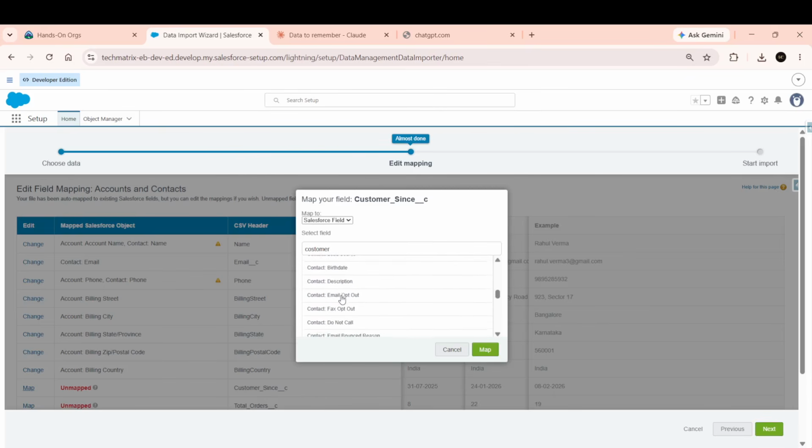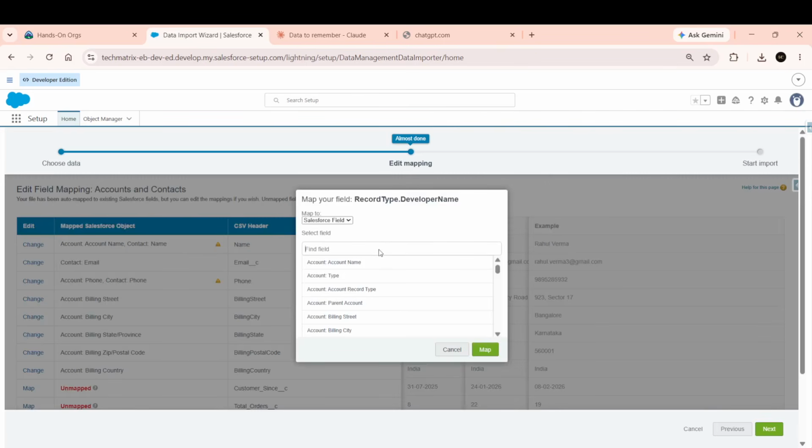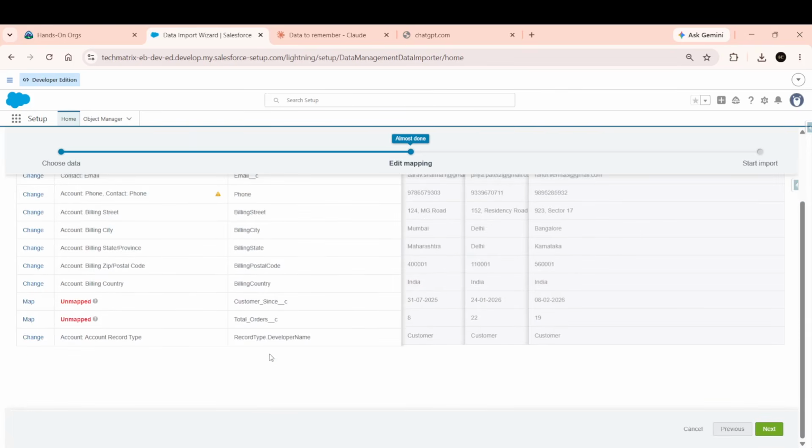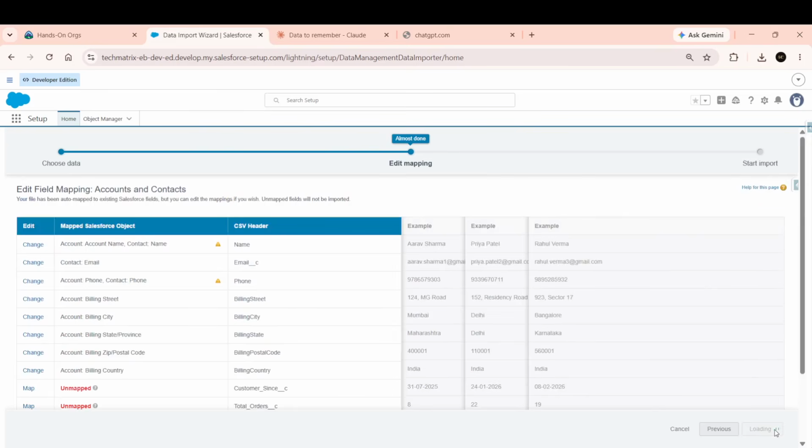If don't have, then remain as it is, unmap the fields there. So there, here you have the record name. Just search record owner name, account type, and map, and click on the next button